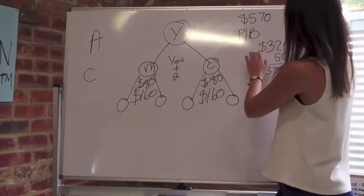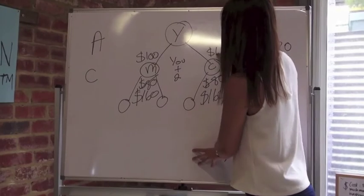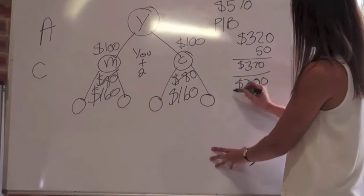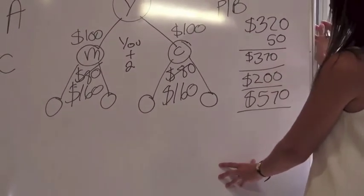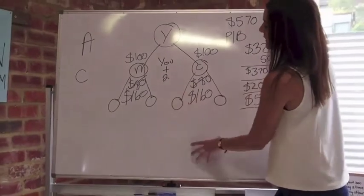So Matilda and Claire will get the $370, but you will get $100 for helping Matilda and $100 for helping Claire. That's another $200, and that gives you your President's Pack, which is $570. So your first President's Pack is paid for as fast as you like, just by doing U plus 2